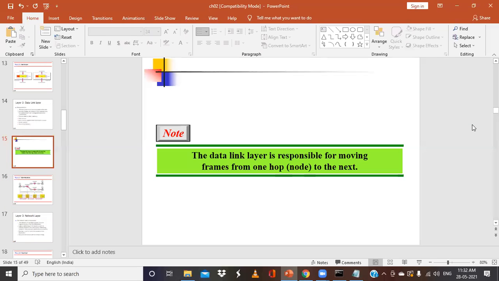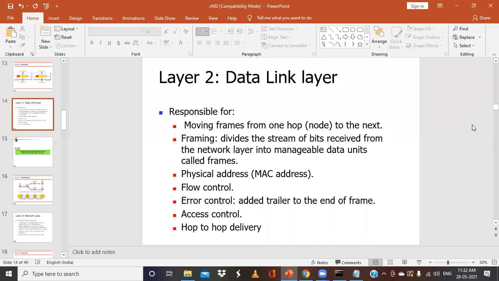So this is the important task of the data link layer. And next, we know about the physical address. So if frames are to be distributed to different systems on the network, the data link layer adds a header. If it wants to send these frames outside the boundary, suppose 10 computer systems are connected, and it wants to send data to a system which is not within that particular network, then it will add these headers and then it will be transferred.